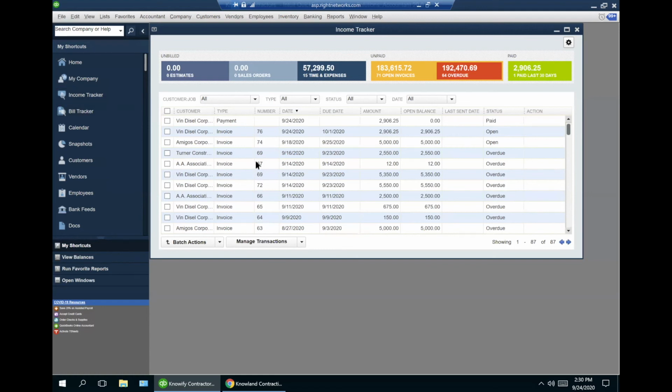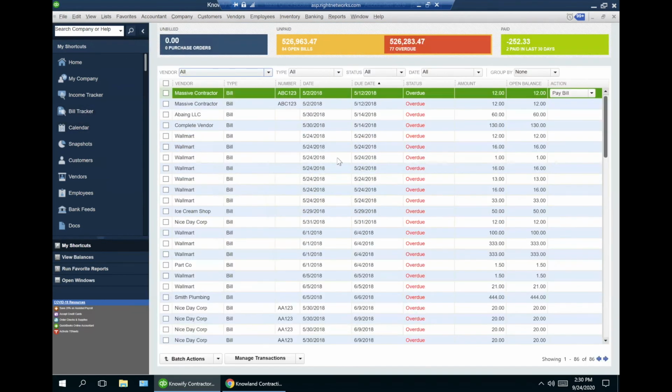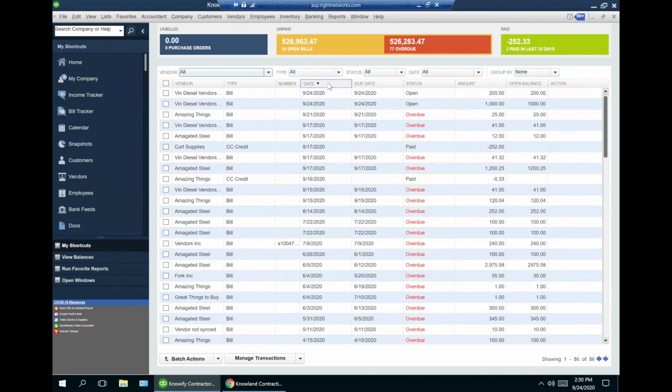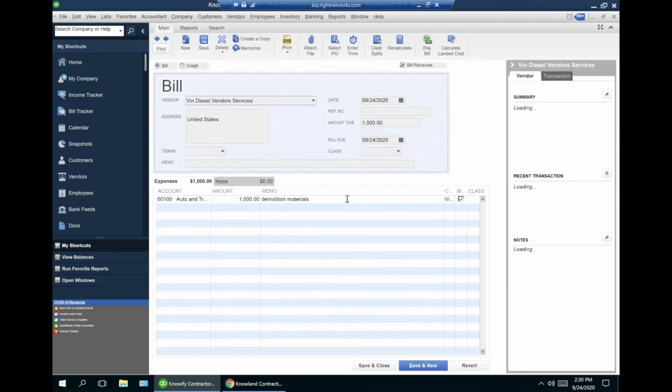And I showed you where the invoice was in QuickBooks. We can also see where the bill is in QuickBooks as well, under this bill tracker here. Let me just sort this one by date. You can see that the bill that we just logged for 1,000 is now available to us here in QuickBooks. It also carries over the contract job,